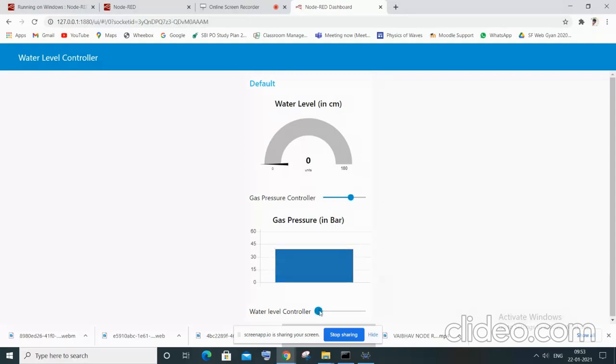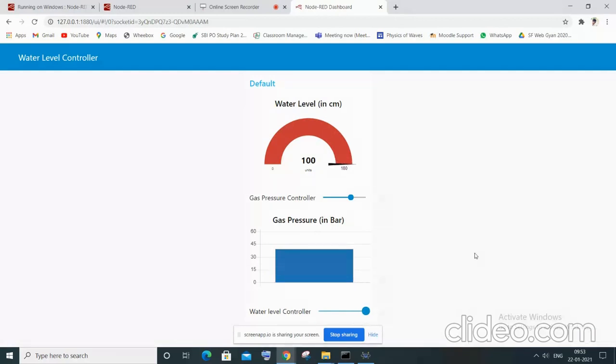Similarly, if we change the water level, the gauge reads accordingly. The green color is till 40. After 40, it changes to yellow, and after 70, it changes to red color. This can be controlled from a remote device like a mobile.